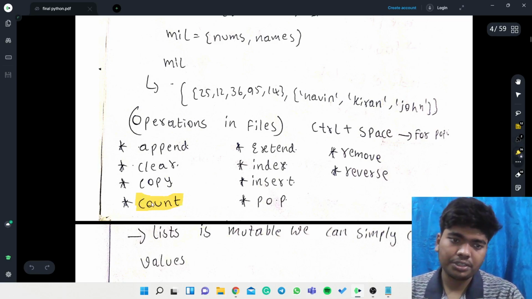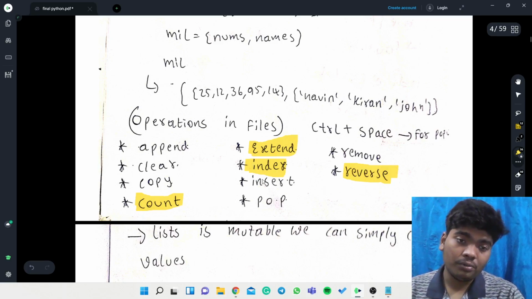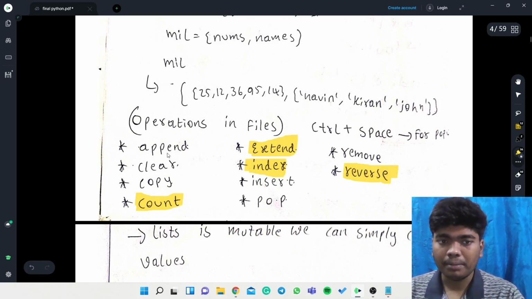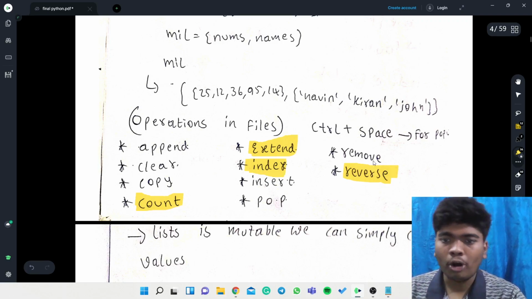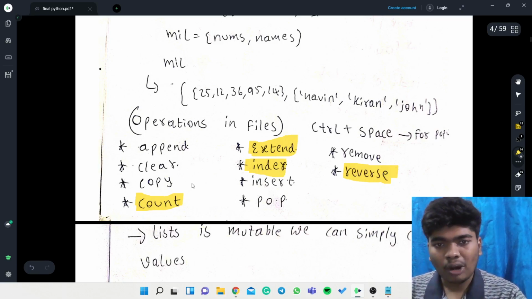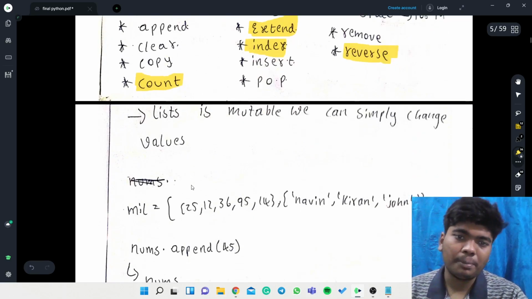Count is not a function in Java programming, whereas index is also not there, and then I think extend is also not there, and then reverse is also not there. Remove in the sense the name is a bit different, but there we will use the pop function or whatever it is. So these 4 are new in this particular Python programming. So append, clear, copy, count, extend, index, insert, pop, remove, reverse. These are the operations which we can perform on lists.